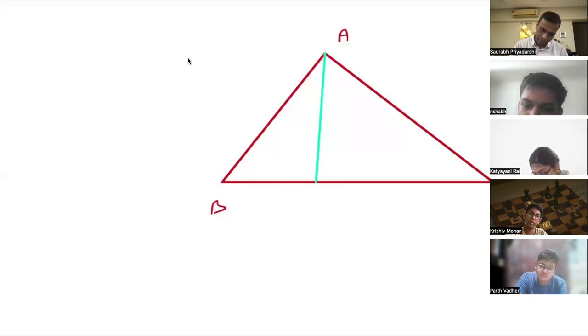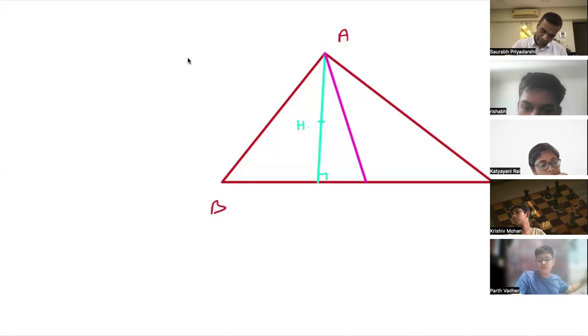When I drop the perpendicular, this is called the orthocenter, the concurrency of altitudes. Second is the centroid, the concurrency of medians. Third is